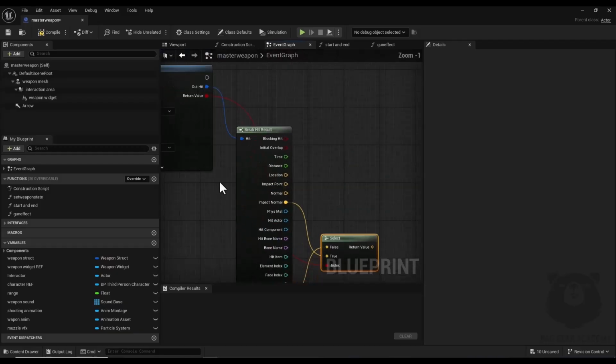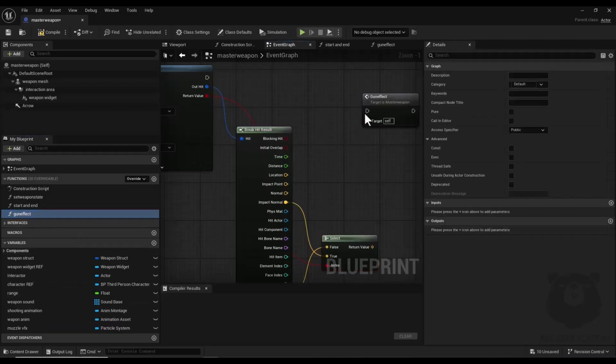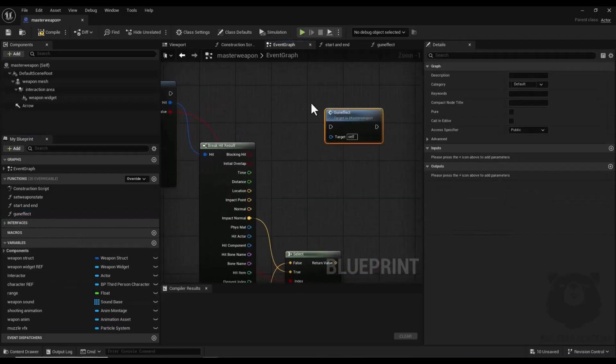And now I get my gun effect function connected here,